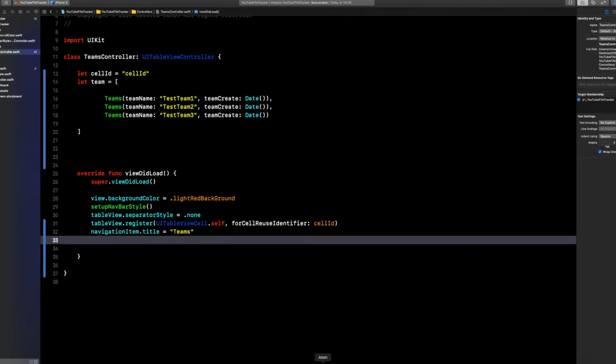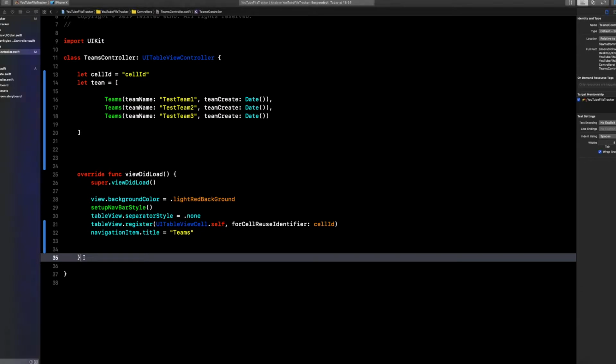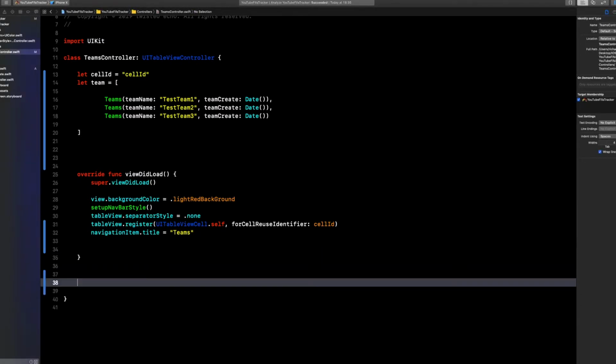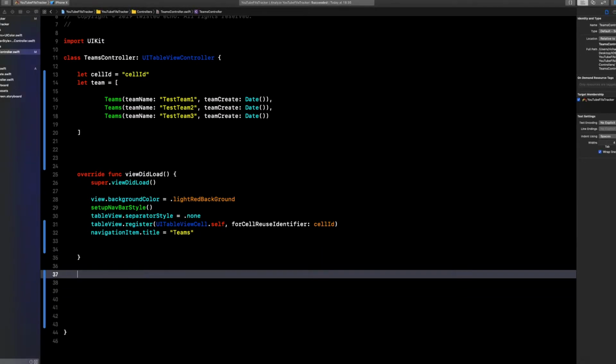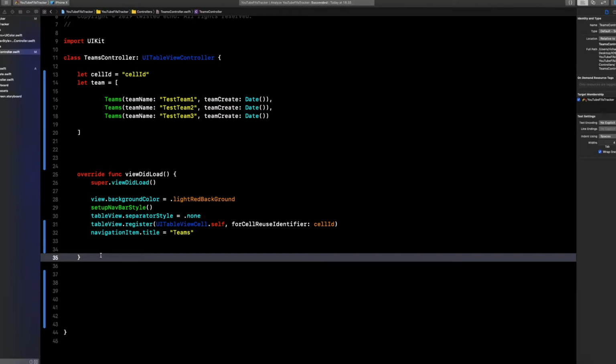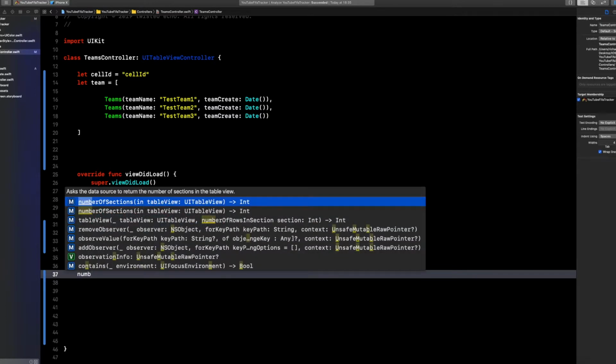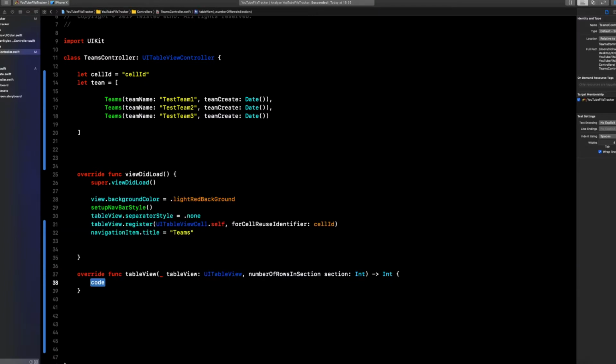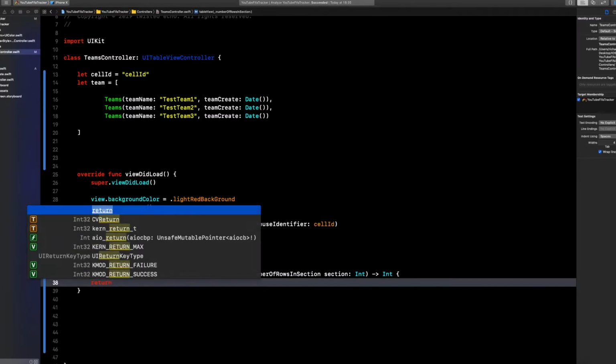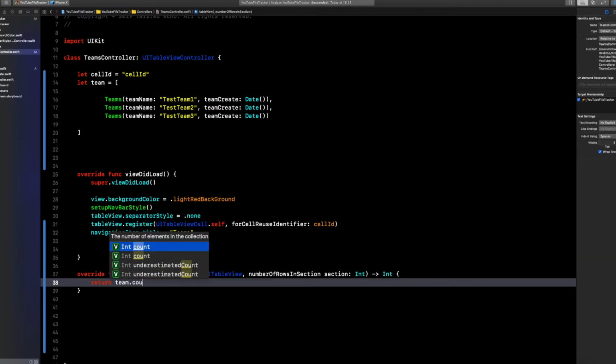Let's have a look what else we need to do. We do need 2 table view functions as well, so let's do them now. We need number of rows in section. As long as we're using UI table view controller, which we are, we should have access to this. So we'll just return the count of the test array